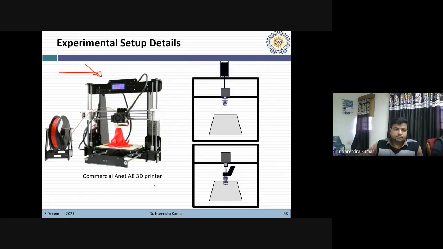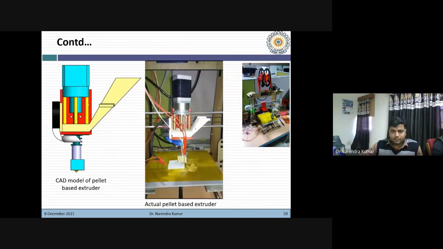Initially we were having a filament based mechanism here. So we replaced this mechanism by developing a pellet based extruder mechanism. You can see here, this was the filament based mechanism, and here we have replaced it with the pellet based extruder mechanism.